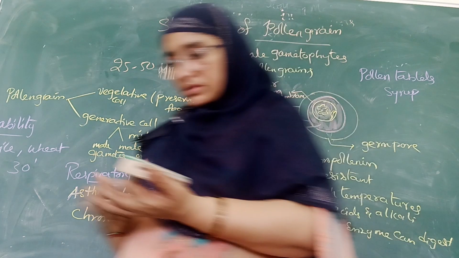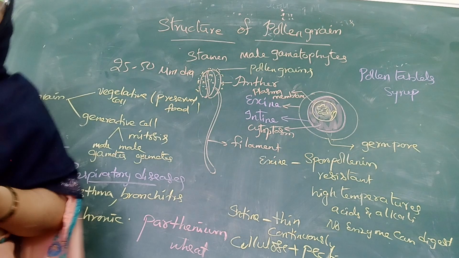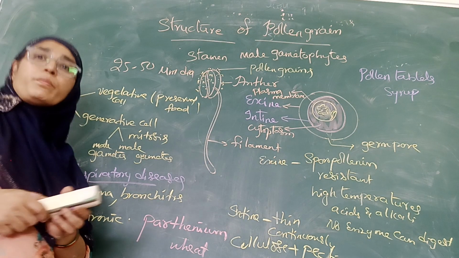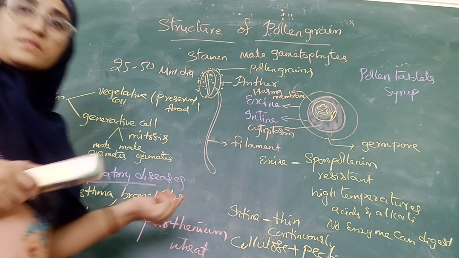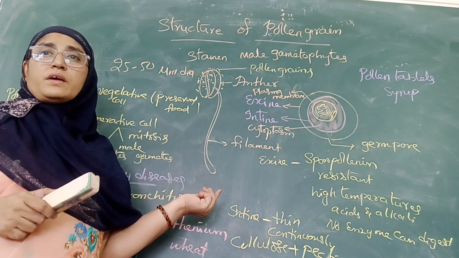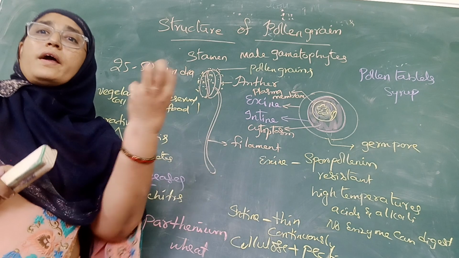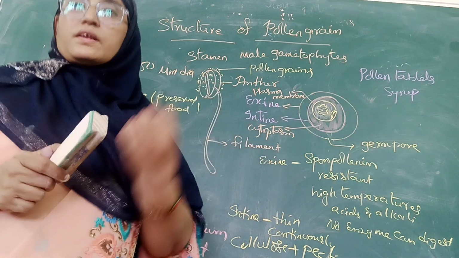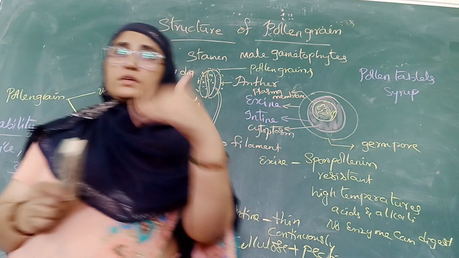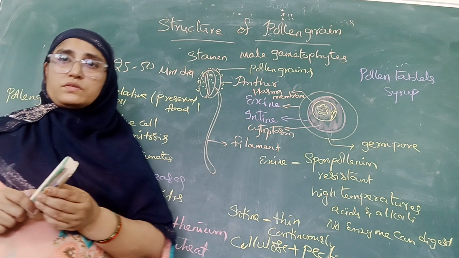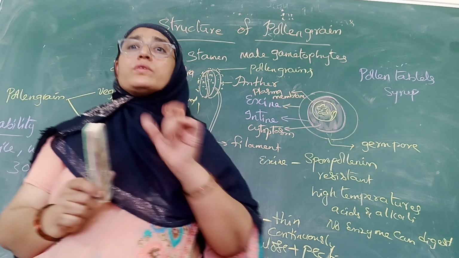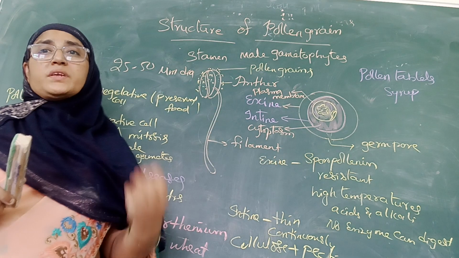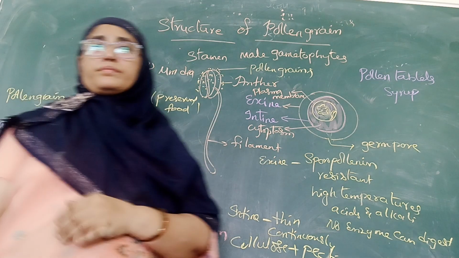Understood? Next. For this reason, the pollen's viability is different in different species of plants. Nowadays, as you might have heard in human reproduction, the semen is collected and preserved for the artificial insemination process. Yes or not? Likewise, pollen are also collected from different plants and they are also stored.